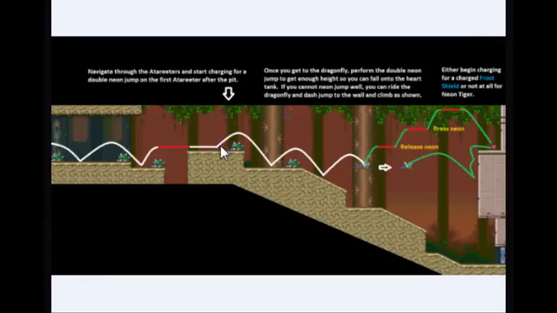So that's why starting your charge right here is important. And there will be a lot of other occasions in the tutorial where starting your charge for neon jumps or anything else like charge weapons is important, because timing is a real big thing in this speedrun. So from this